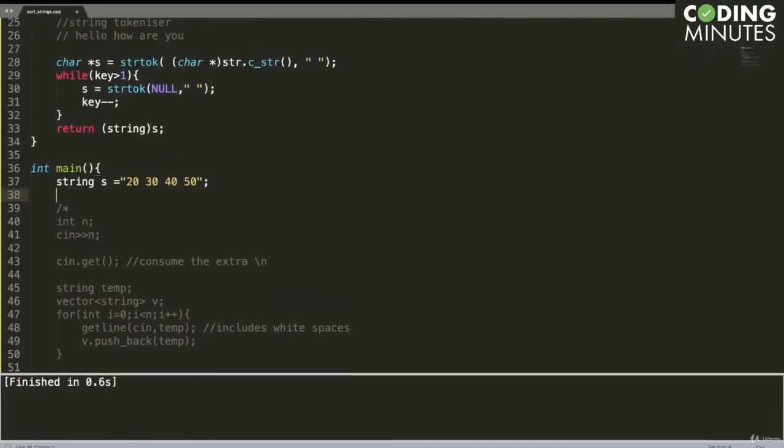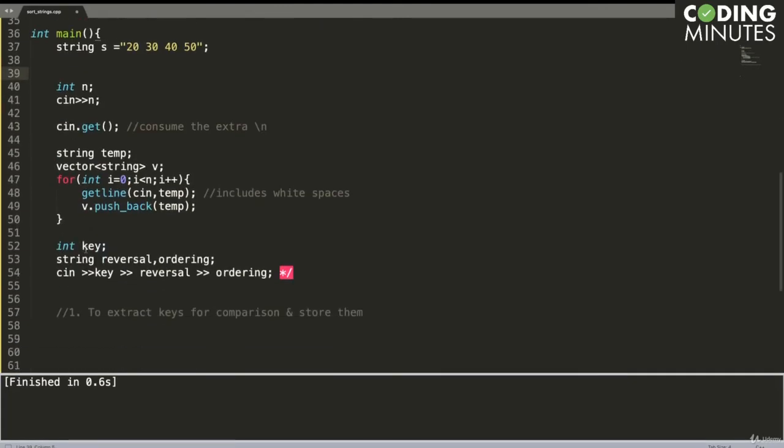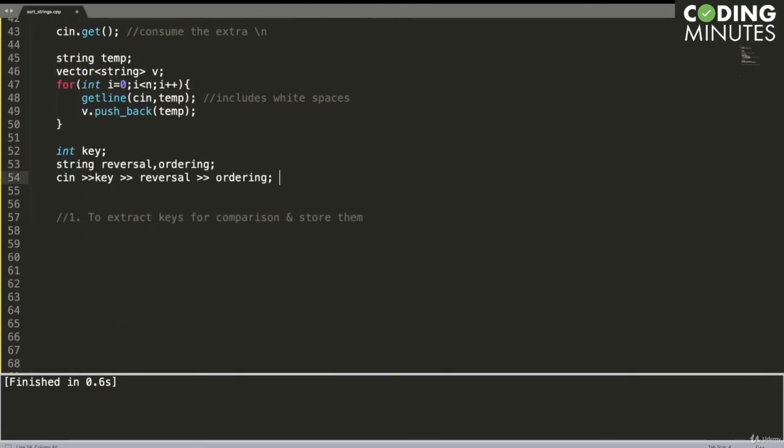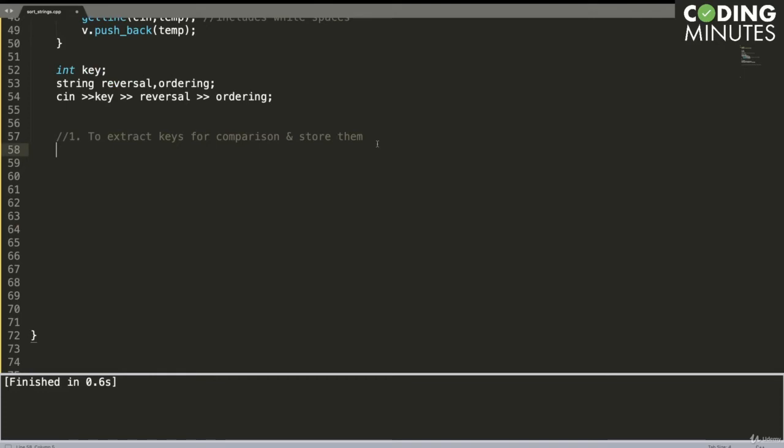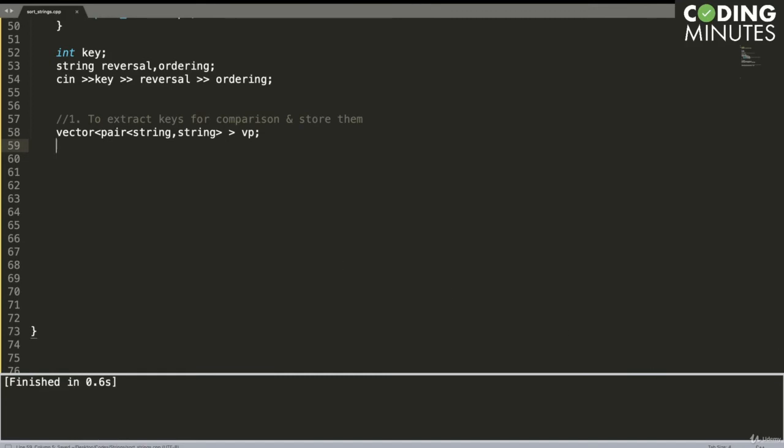All right, so now let us continue working on our code. We now have a helper function that extracts the key for us. So what we can do next is make a vector of pair of string, string, which maps each string with its key. We are going to store each string mapped with its key inside this vector.